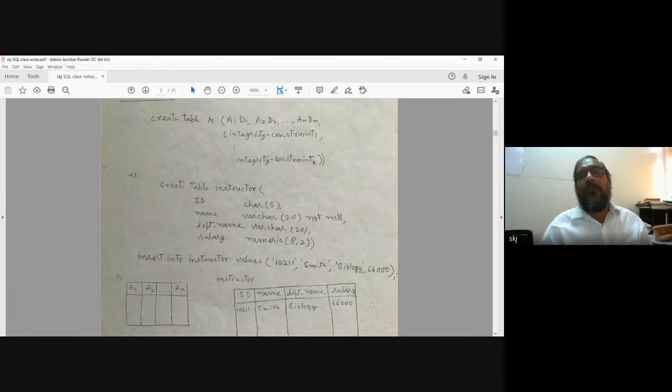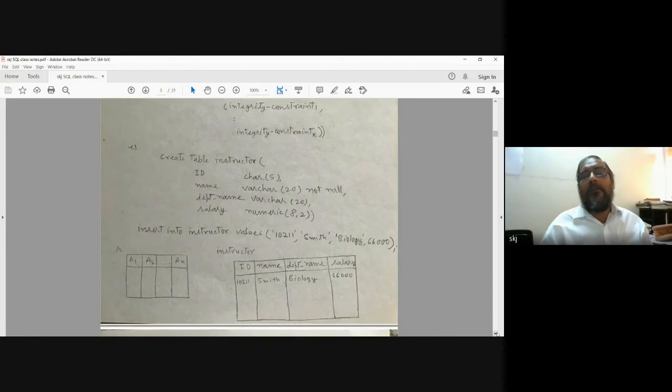Basically, when we write a statement, this kind of structure is created.